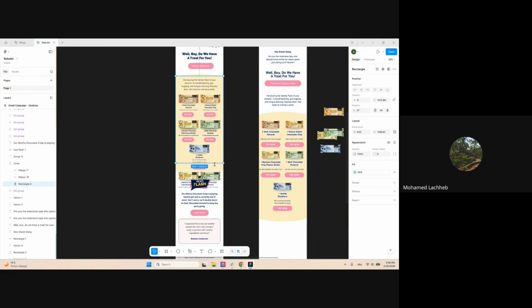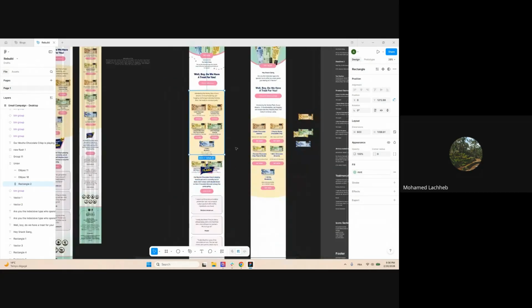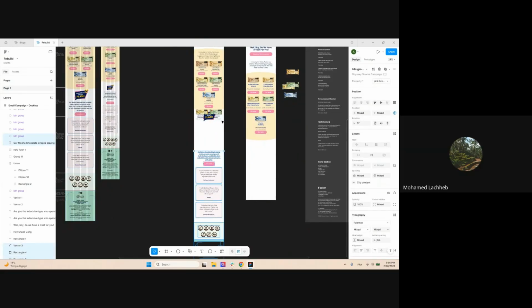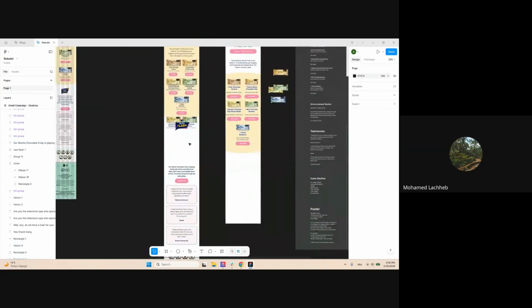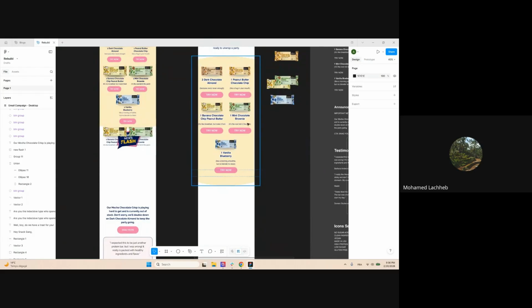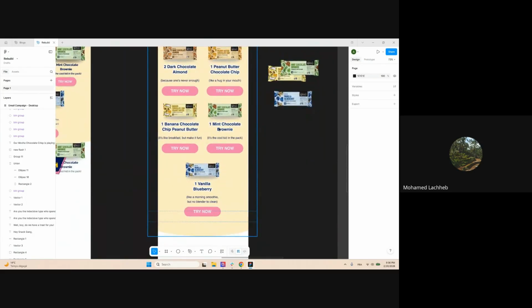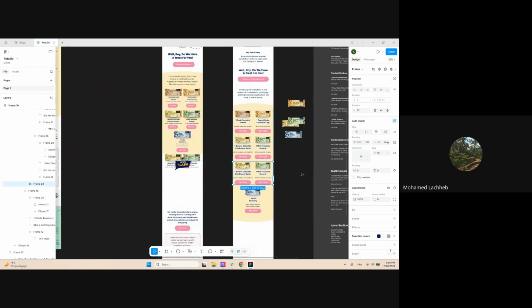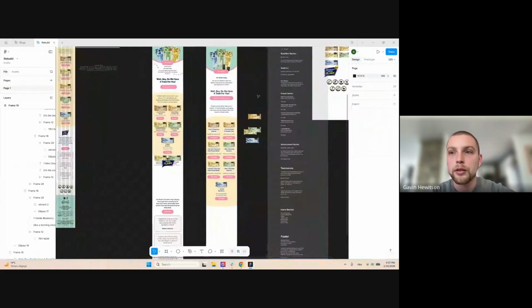You have to go here, select all these elements. Yeah, it's like building another email. So for example, our client said, I want to add two more products. So I select my products, press Shift G, and there you go. And so it's important that you're designing these emails in a way that allows you to quickly update